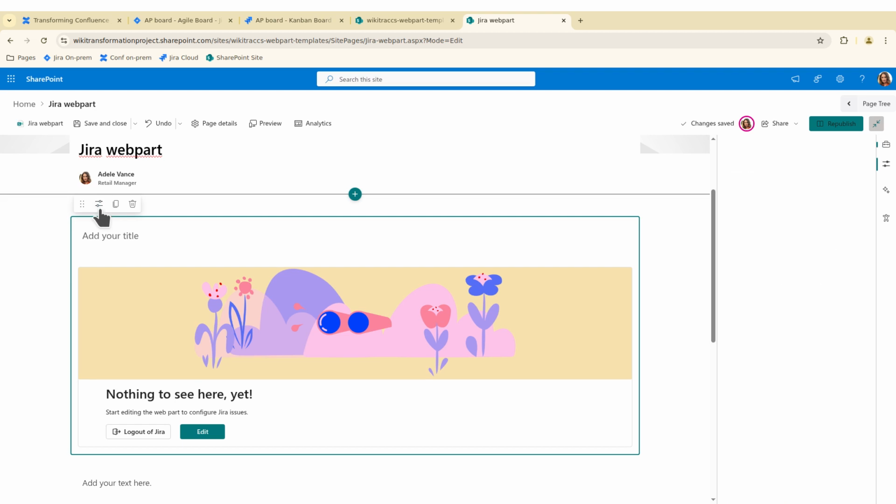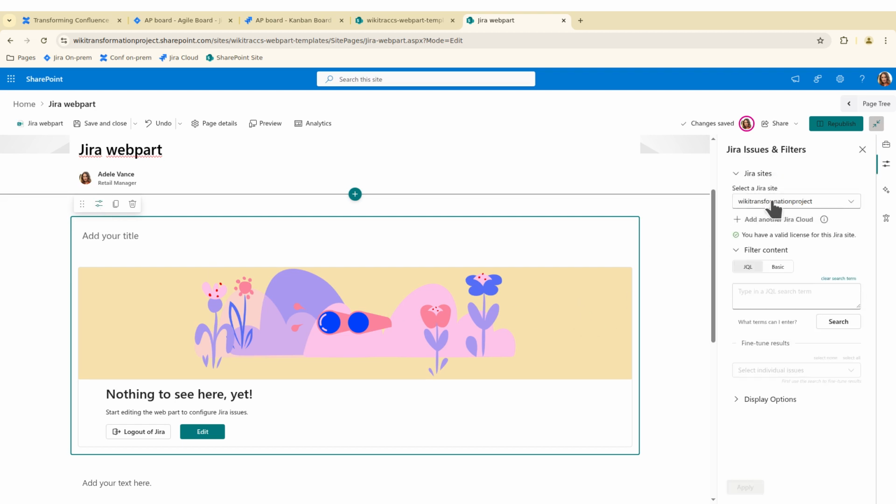Okay, let's configure the web part. I'm already connected to one Jira site. Here on the right side in the configuration panel, you see one site is connected. And what I also need to do is configure at least one query to see the complete configuration. So let's make that